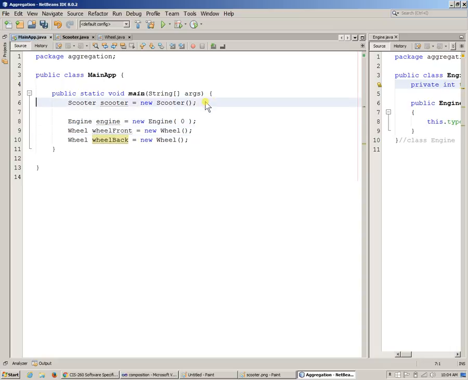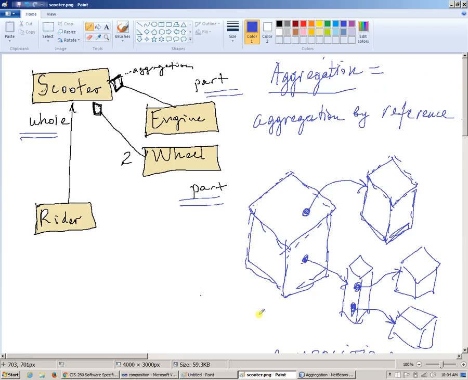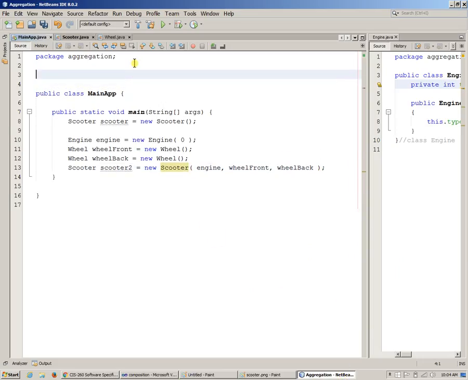And so finally I will create another scooter, right? Scooter 2, right? And this time I have this constructor where I can provide the engine reference, I can provide the wheel front right here, right? And also the second one, the back, or something like this, right? So this would allow me to basically write a different implementation, but for the same diagram, right? And most likely, or it's kind of likely that I could have another,